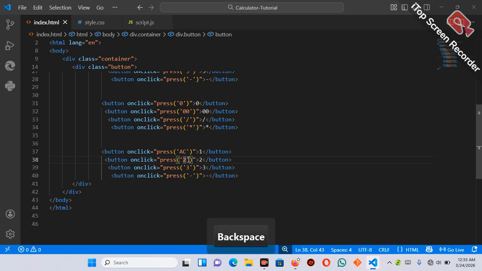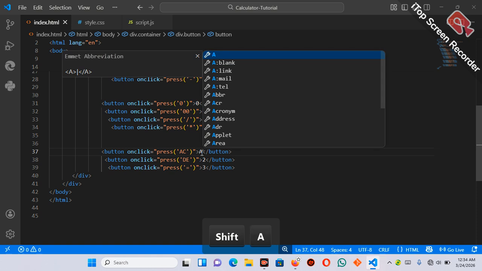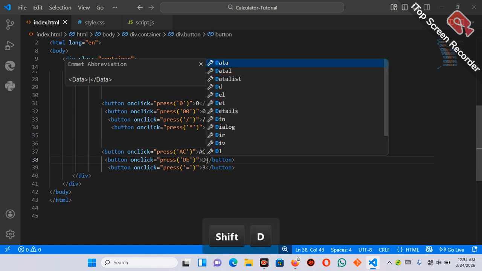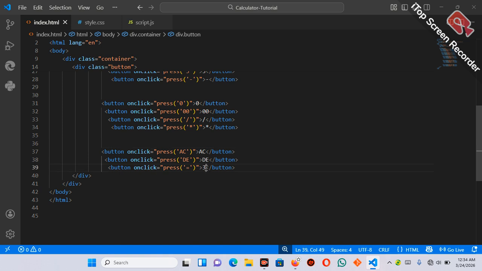Let's call this DE, which is delete, and call this the equal sign. Now that we are done with the HTML structure, we move on to